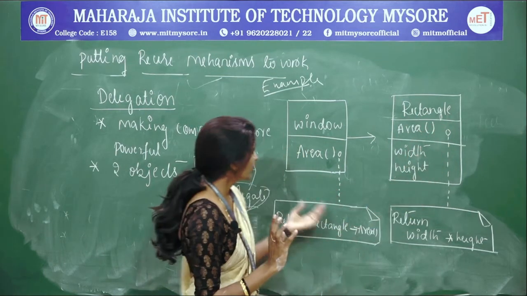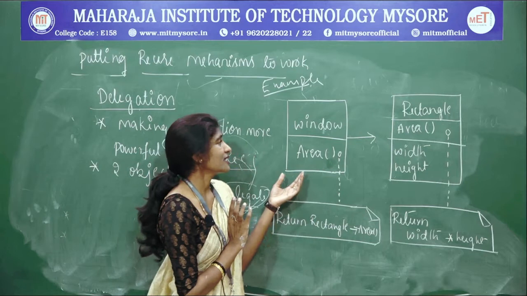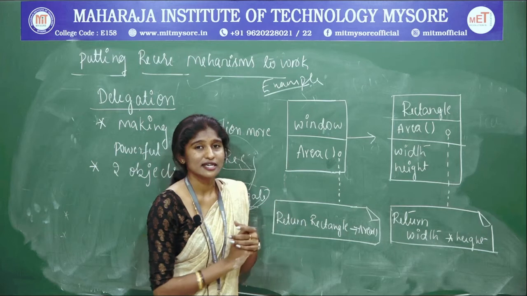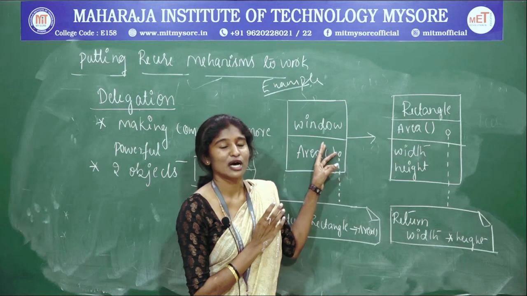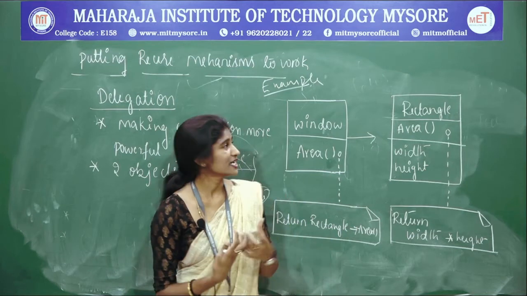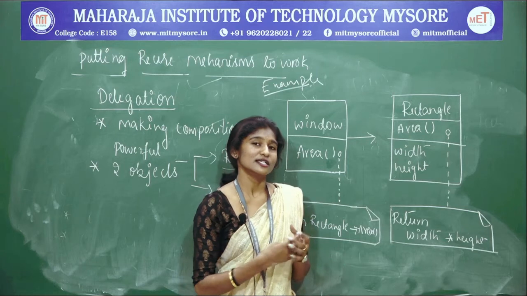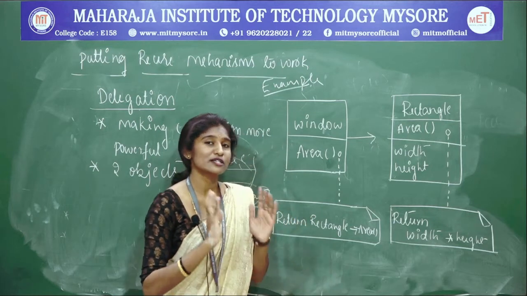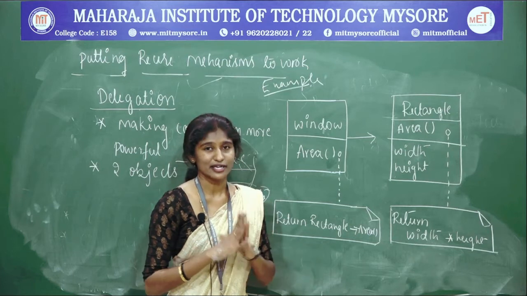What I am doing is keeping the window aside and the rectangle class aside. I am going to take that rectangle within a window only. I am going to create an instance, and that instance can be referred to within the window itself. I am assigning that work to the window itself instead of deriving the functionalities from the rectangle to the window class. I am maintaining an instance such that the rectangle is contained within the window only. So instead of a parent and child class relationship, I am going to maintain a parallel connection here.